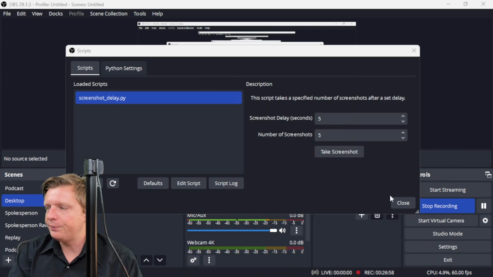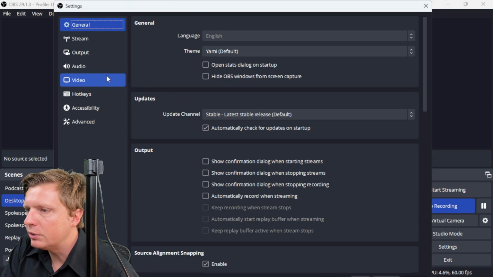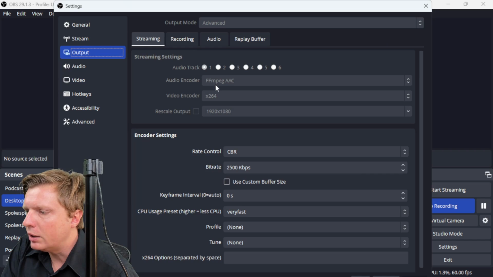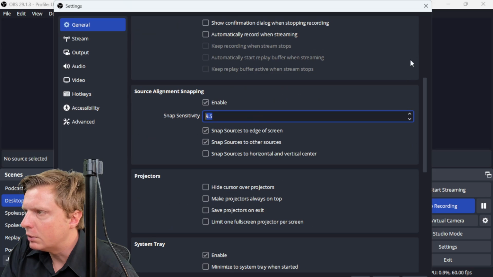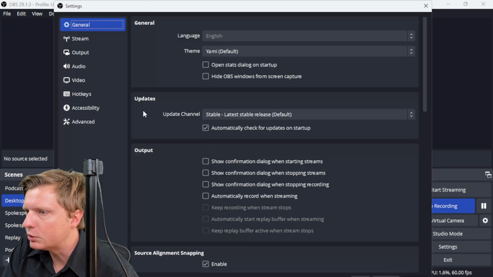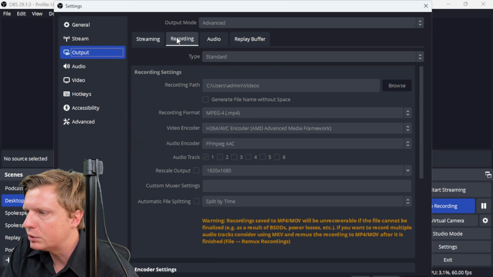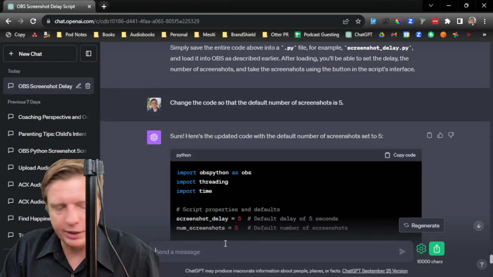One final thing I might want to add are some instructions here, and say where's the setting for this in OBS? So if we go settings, outputs, recording path. So we'll say that. One final change. We'll say